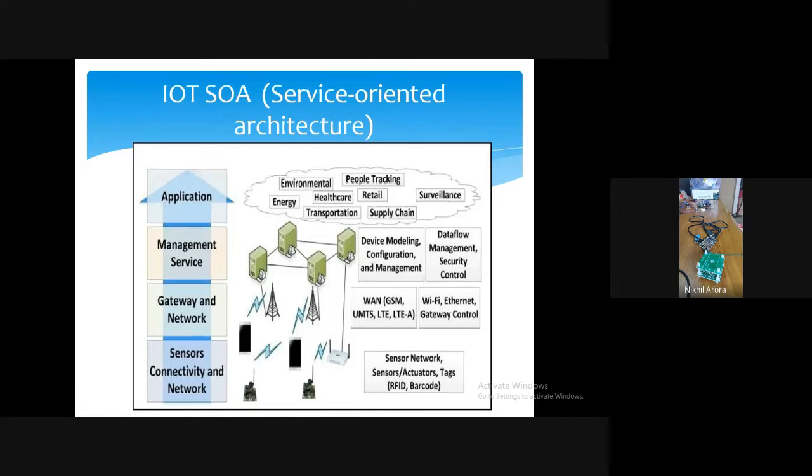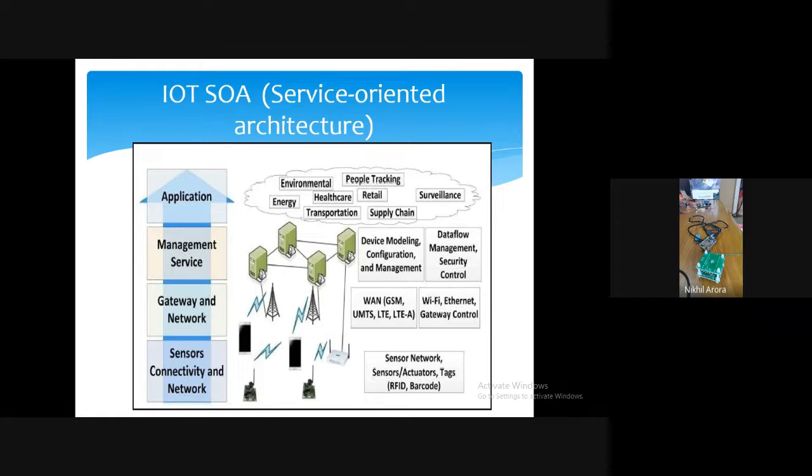So when coming to the architecture of IoT, we are able to see 4 layers. The first layer is the sensor connectivity layer. All the sensors and nodes will be at the bottom layer. Now, these sensors don't have internet. They don't have networking capability. So you need some kind of networking hardware, a gateway or a network hardware, which can be Wi-Fi, Ethernet, a simple LAN or an RF transmitter receiver. Using that, data will be sent.